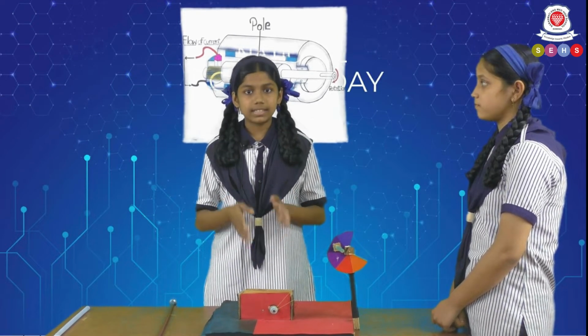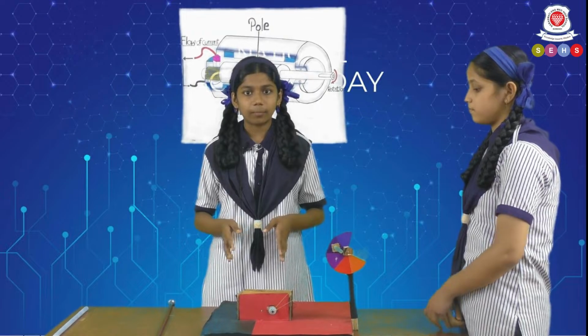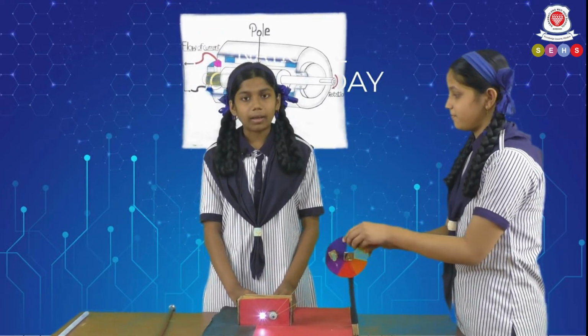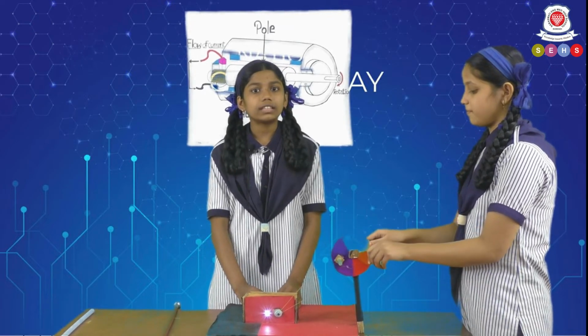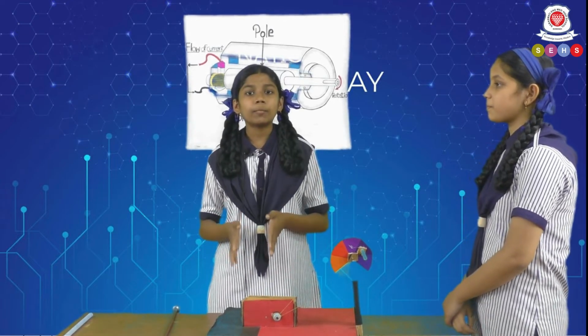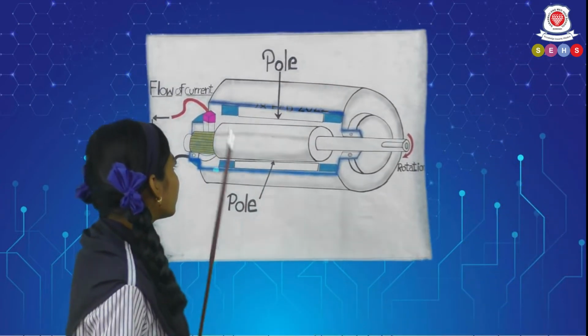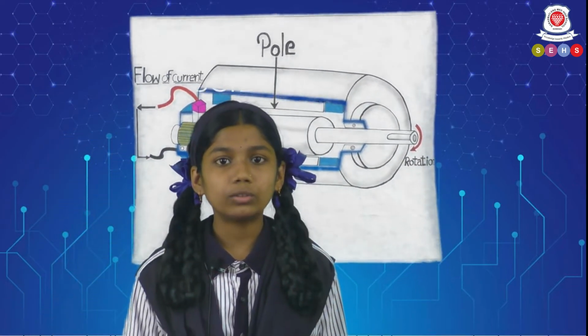The things required: CD, DC motor, LED bulb, wire, etc. On rotating the CD wheel, we see that the bulb starts glowing. But how? We haven't provided any type of current to it. What was the reason for the glowing of the bulb? Actually, what happens here is that in the motor there are two magnets, one of north pole and another of south pole. There are magnetic field lines that travel from north to south pole.